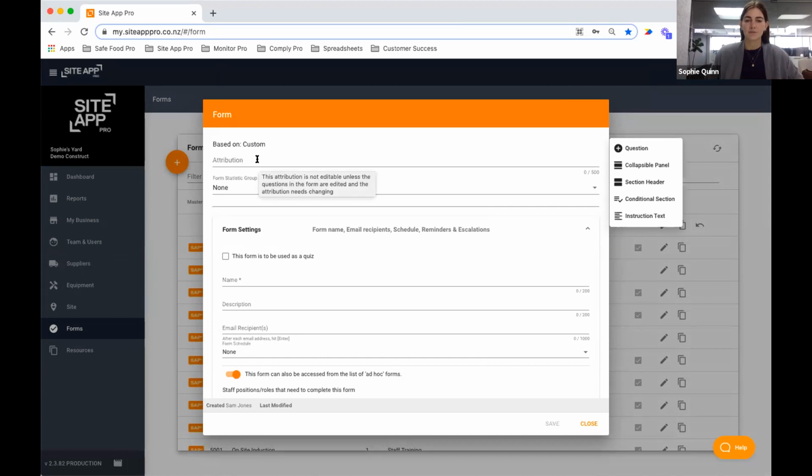From start to bottom, you'll see attribution. You don't need to use this one. This is quite optional, but it's just a bit of text or information that you can add to the top of your form. What some people use this for is staff training. So say you've got a YouTube link that you want people to watch, or maybe you've got an image you want to add to the form. You could add that image